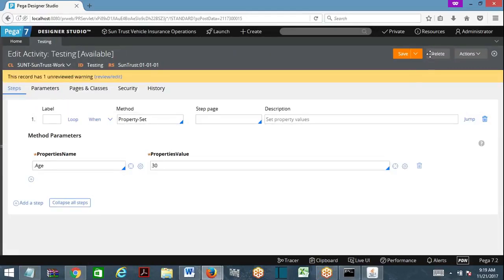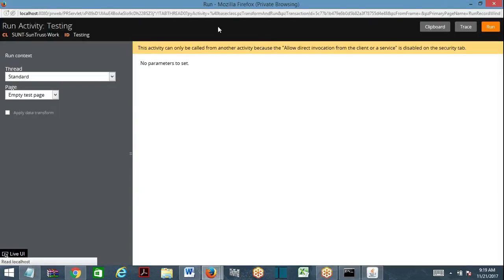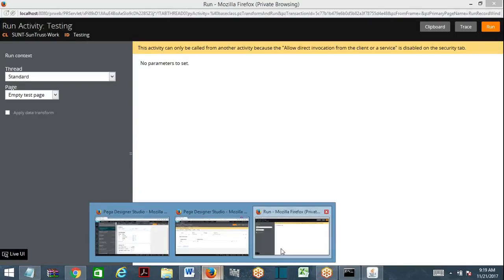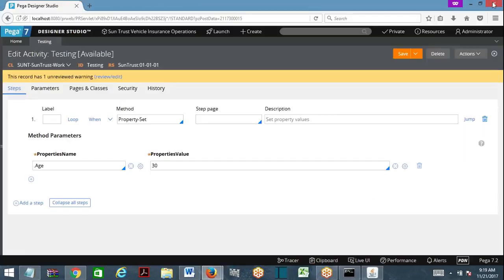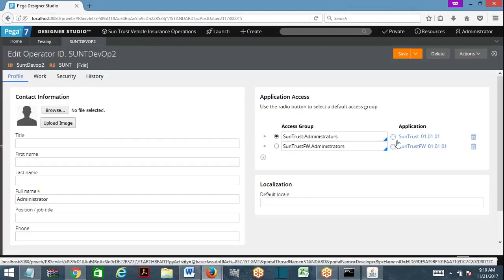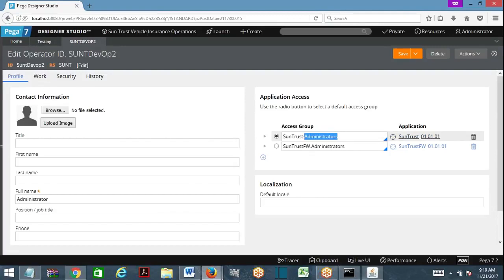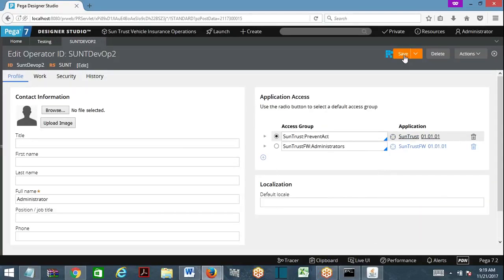Save this. And now I want to choose to execute this. Primary, actually it is updating. Hang on. Operator. Change this. What is the access group? This I have not changed. For this operator, I would have changed this.